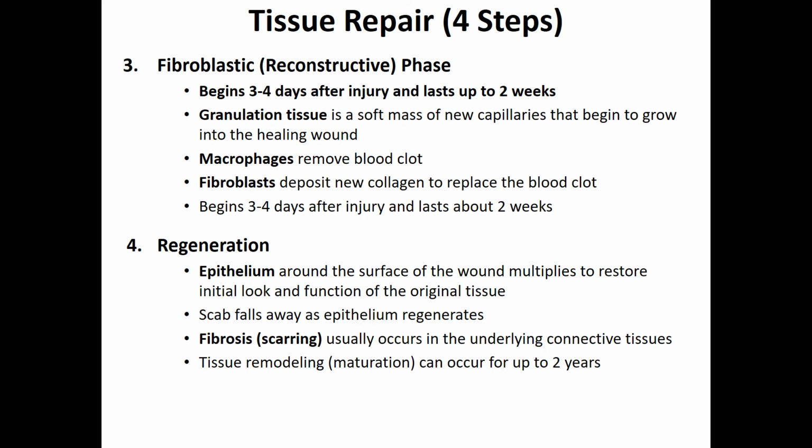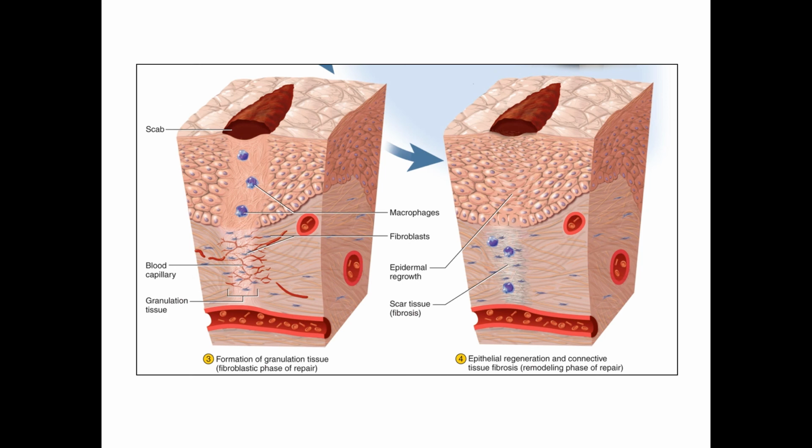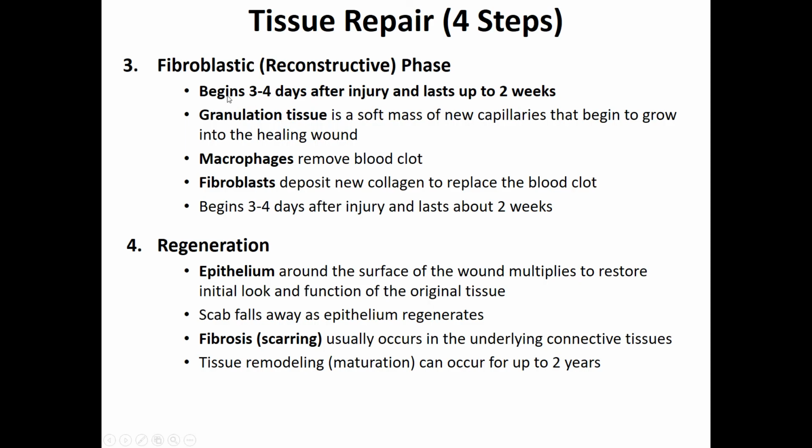that's called granulation tissue. Granulation tissue in itself is going to be really capillary rich, right? It's also going to have a lot of fibroblasts. And the job of fibroblasts are to lay down all kinds of fibers associated with the strength of the tissue, like collagen fibers. And so those fibroblasts begin to lay down new collagen. They actually eliminate the blood clot with the use of macrophages so that this begins to link those damaged regions